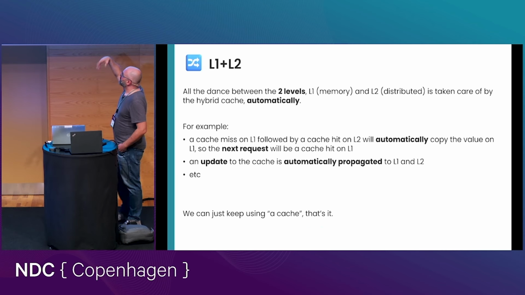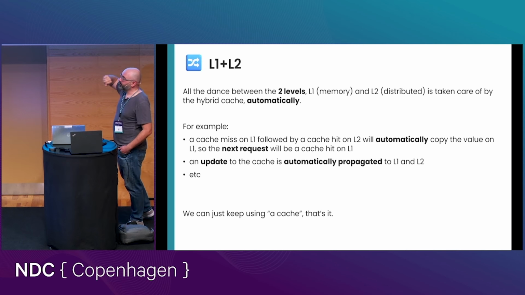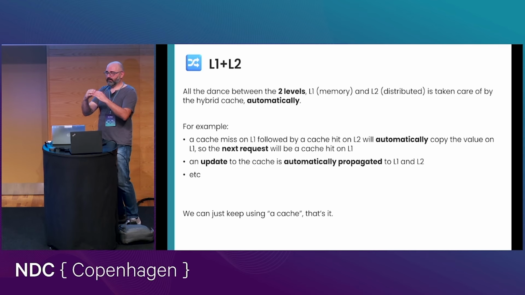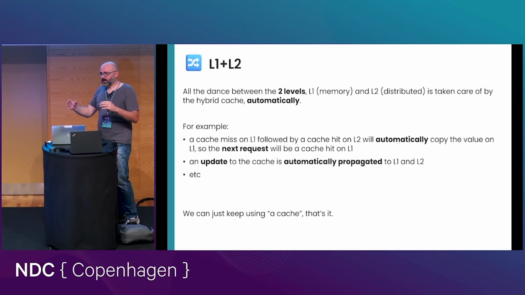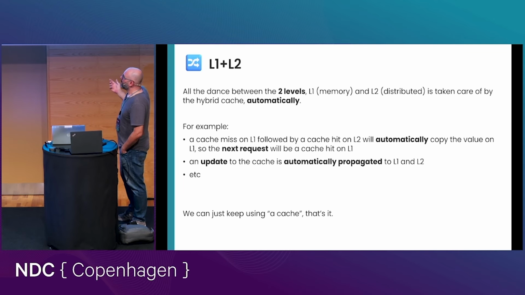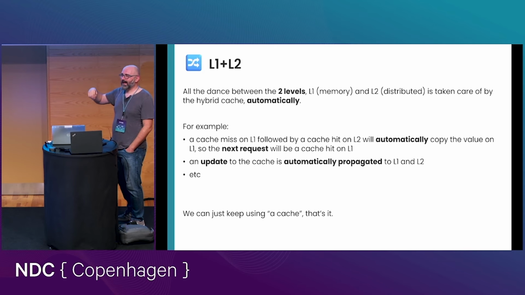So, as I said, all the dance will be automatically handled. And for example, a cache miss on L1, the memory level, is then followed by a cache check on L2. And if there's a cache hit there, the value is not just returned, it will be copied automatically to L1 so that all the next requests will be super fast, basically a memory access away. But also, when you do a cache.set or a remove, when you basically update the state of the cache as a whole,